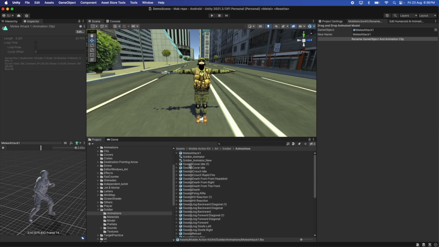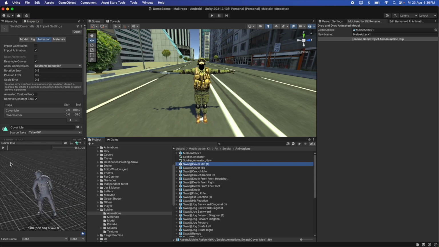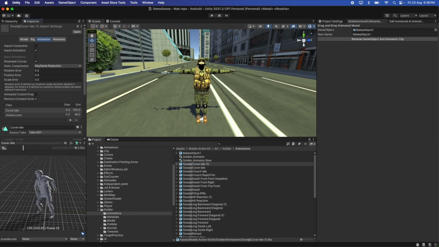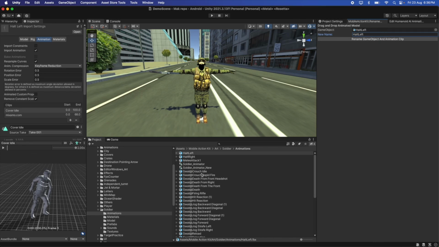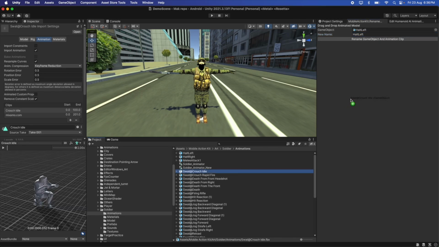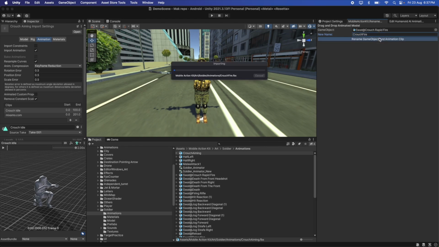Let's pick the next one, SWAT cover idle. Here we'll call this one halt right. The next one would be the opposite of that, which is halt left. Let's take the next one, crouch idle, which will be crouch aiming. Next one will be crouch fire, and another one